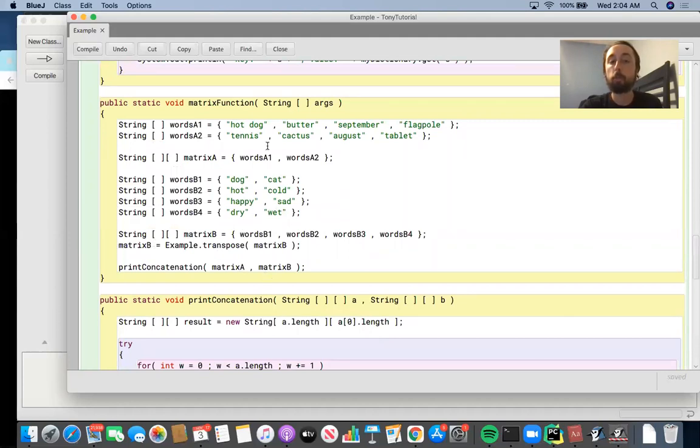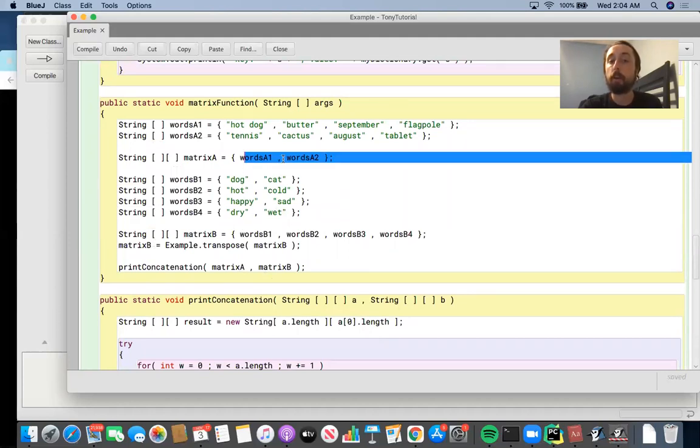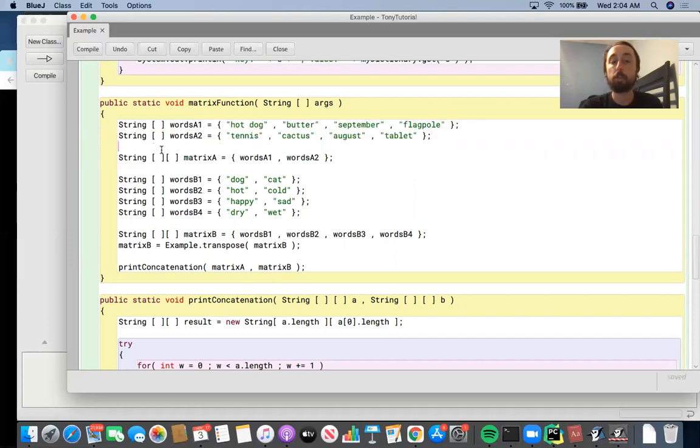So we said matrix, so we had a two-dimensional array of one-dimensional arrays, right? And then we had this two-dimensional array of strings, and another two-dimensional array of strings. But then when we call transpose, the rows become columns and the columns become rows. So instead of having 4 arrays with 2 elements each, we're going to have 2 arrays with 4 elements each, right? The first one is going to be dog, hot, happy, and dry. And the second one is going to be cat, cold, sad, and wet. After calling example.transpose of matrix B, and then we could print the concatenation of the result of matrix A and